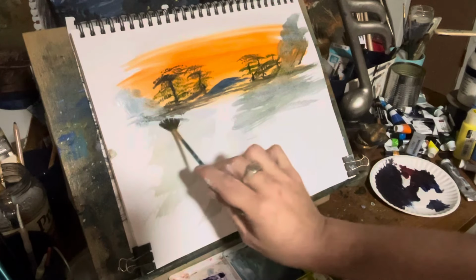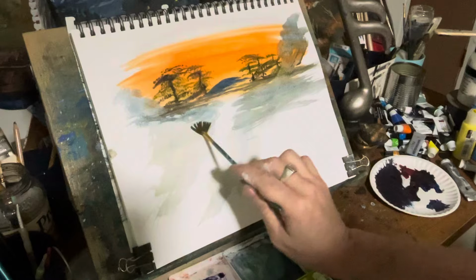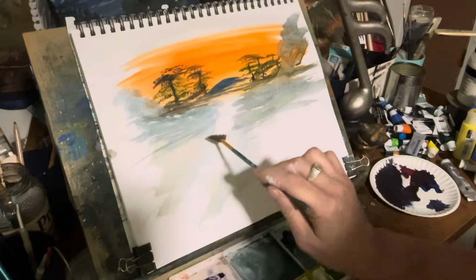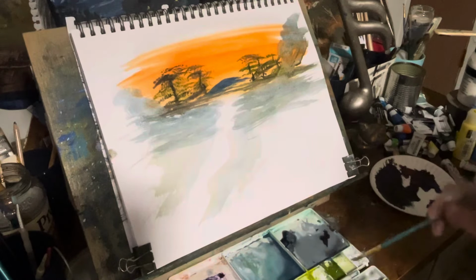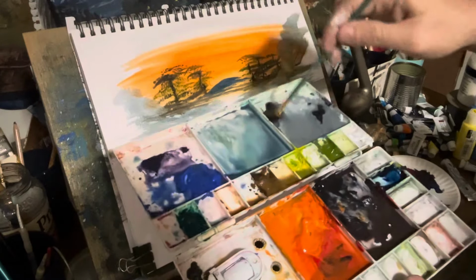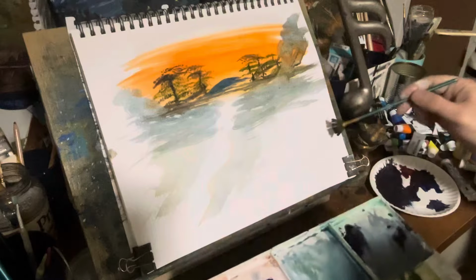So I'm using, this is a very watered down Prussian blue. It's very watered down. It's almost like a gray. That's how watered down it is, okay? Now, there, right there,